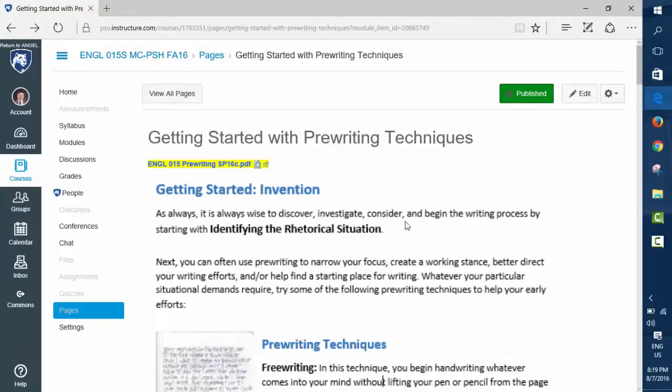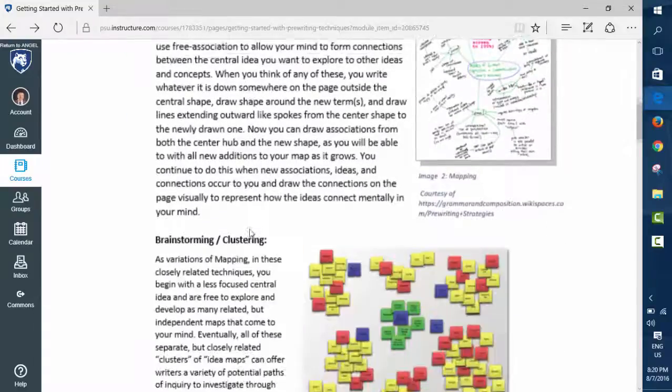When you start making pages in Canvas, you can do certain things and certain things you cannot do. One of the things you cannot do is add certain image types, and you can add, however, PDFs. And so that is somewhat what we're doing here. Okay, so let me show you a little bit here.